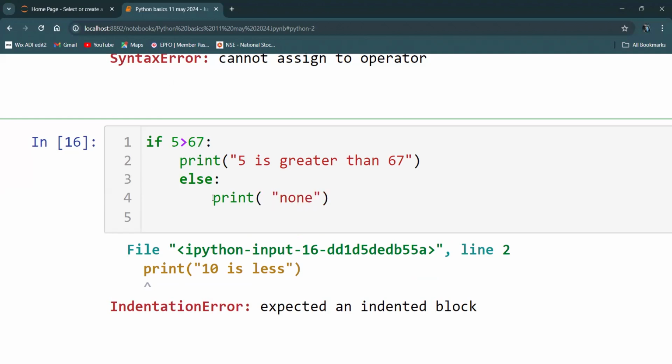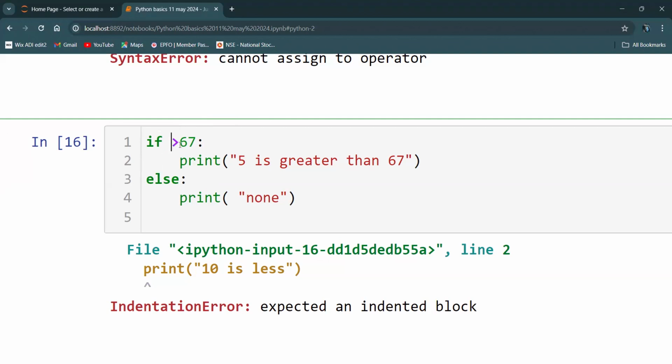And here you can see that by default I got this space here. Why did I get that space? That is called indentation space or indented block. The reason is if this condition is satisfied, it should print this. If this condition is not satisfied, it will directly come to the else part.